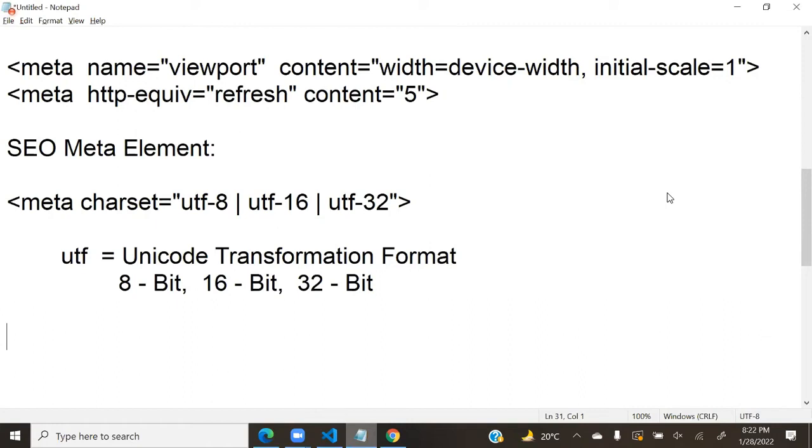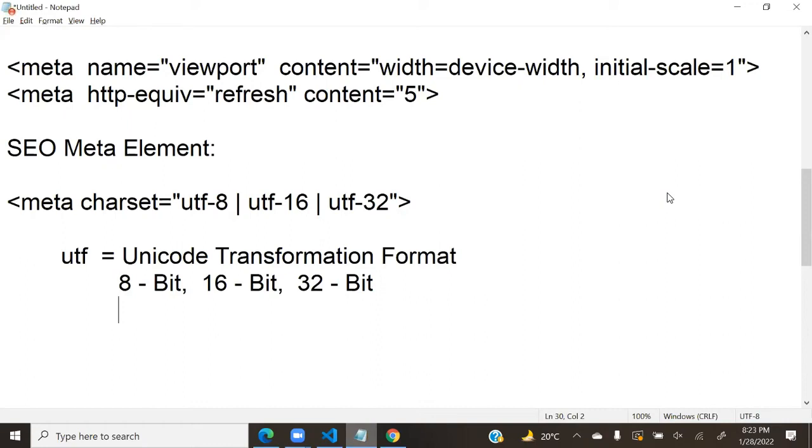But for search engines also, you have to tell which language you are using. In that, what happens is, language is identified by robots, because robots cannot read language. They identify the language by bit size.